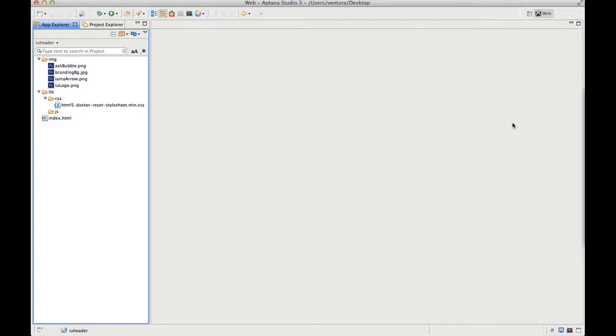Okay, so I'm going to use Aptana Studio to go ahead and code out my HTML header. One thing you'll want to notice here is I've already created my project. So I have a folder called IU header. Inside that folder I have my images, which I'll only be using these 4 images to create that header. I have a lib folder, CSS folder, which houses my style sheet, my reset style sheet, and then a JS